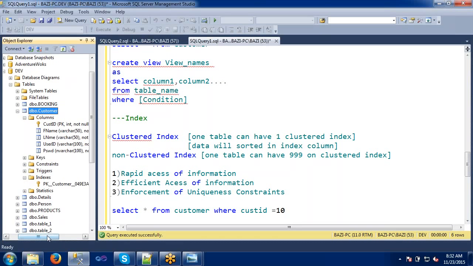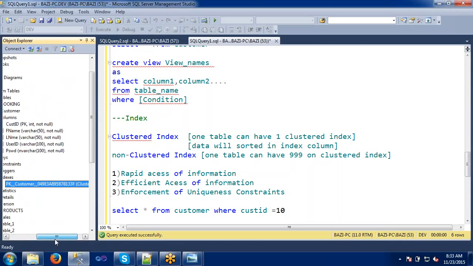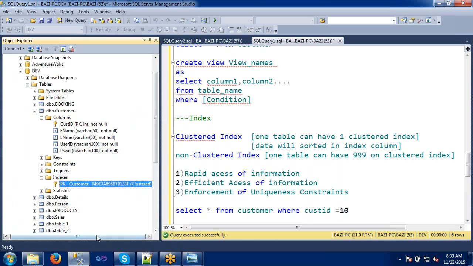See, if you look into this, I have customer ID as a primary key, right? So the primary key itself has created an index here, a cluster index. Are you able to see this? Yes. As I discussed, the primary key will act as a cluster index.